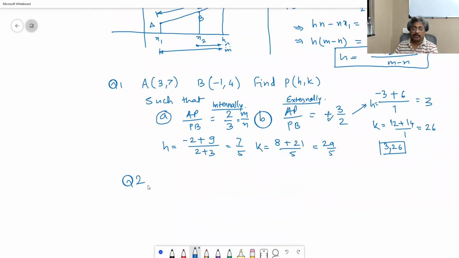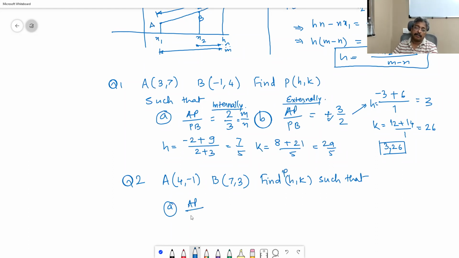Question 2. A is (4, -1), B is (7, 3). Find H, K such that P divides the segment AB. Or I can write it like this in English: P divides